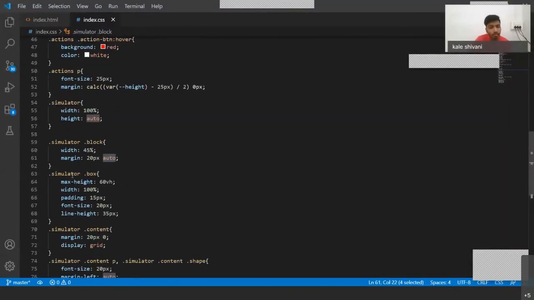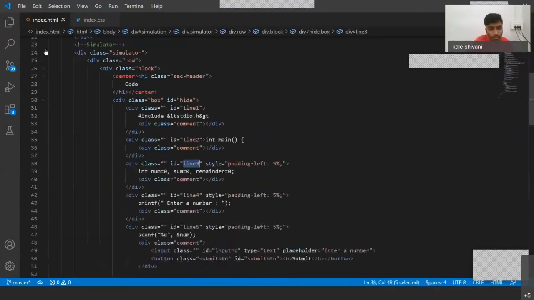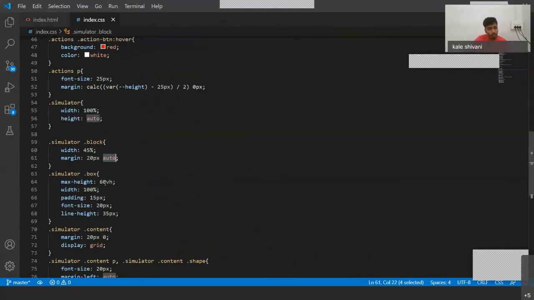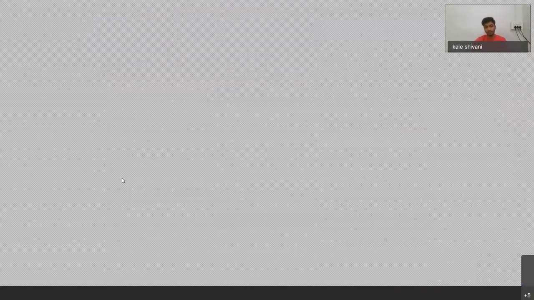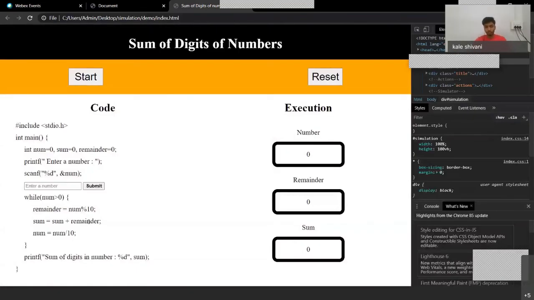After block, we have a box class inside our simulation. Inside of it, we write the entire code. For the block box, we set the maximum height to 60 vh. If your content, like this code, is moving down off the screen, you can set a max height and apply a scroll bar.